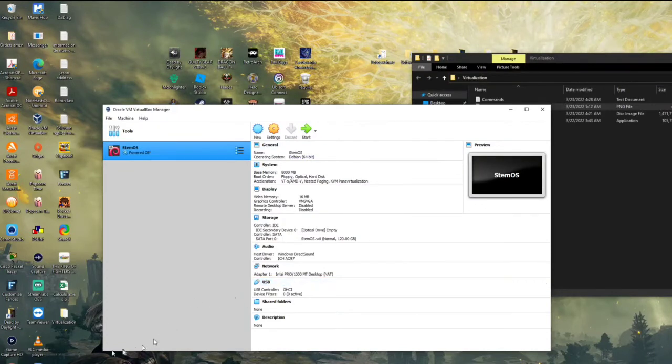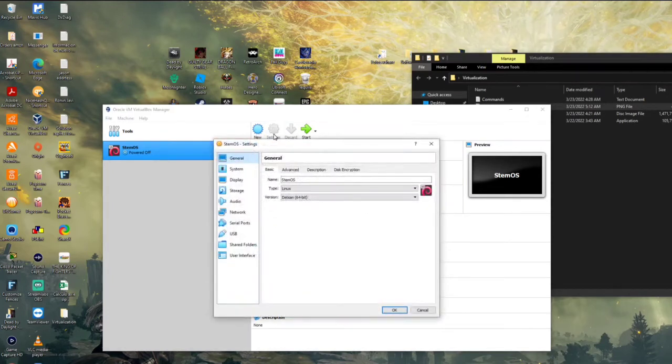It will show you the options that you have right now for the Steam OS. As you see, it says it's powered off. But before we do that, we're gonna have to check some of the settings. The first thing that we're gonna check, once you set up the name, as you see, it says Steam OS. Okay, then after you check on Debian, okay, we're gonna go to the option that says